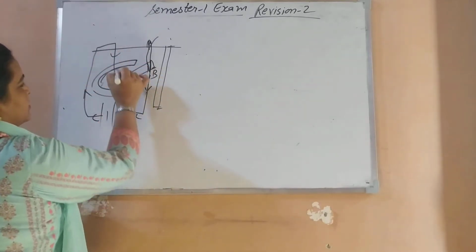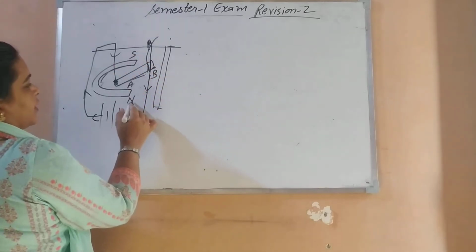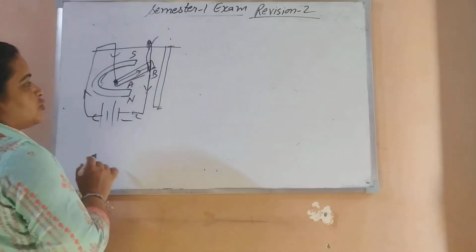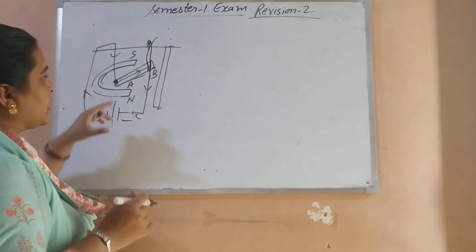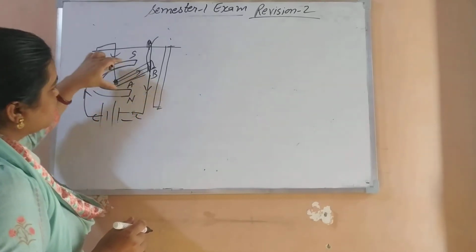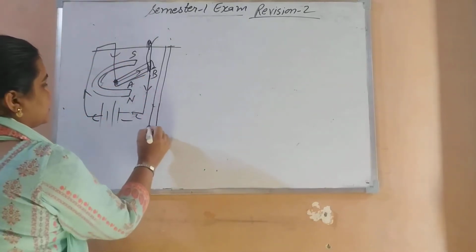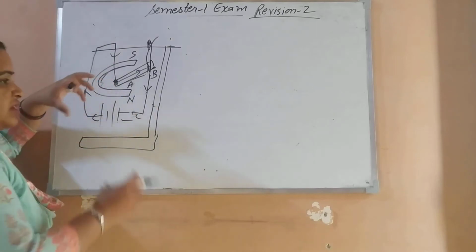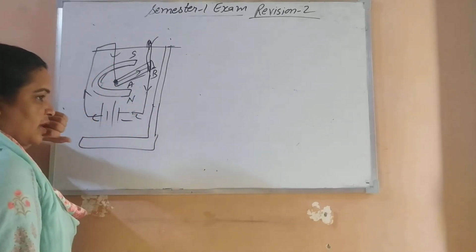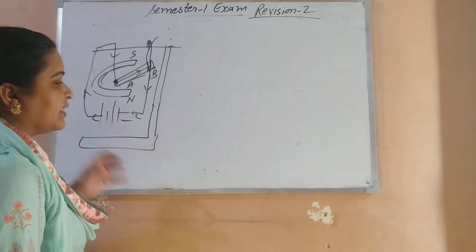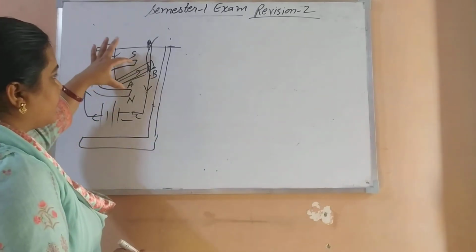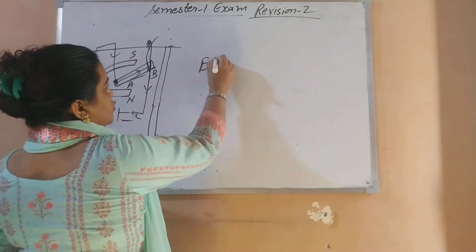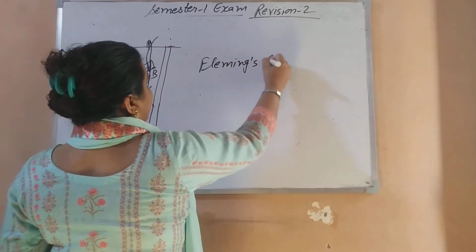What does it mean? This is north polarity, this is south polarity, so field lines are going north to south in the upward direction, and current is going A to B because the negative is here. Whenever a current carrying conductor is placed in a magnetic field, a force is exerted on this conductor, and this property is used to find the displacement of the rod. Same concept is applied in an electric motor. It comes in motion, and to find the direction of motion, Fleming's left hand rule is used.